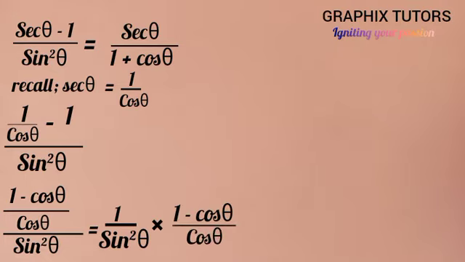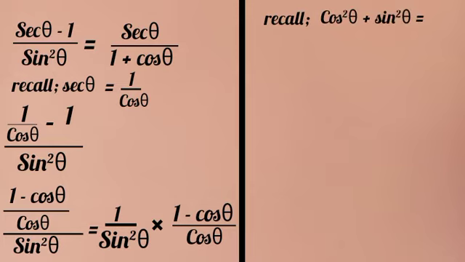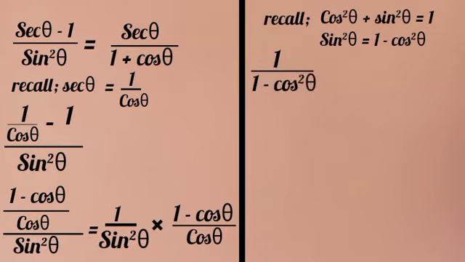Now recall, from your trig identity, we know that cos square theta plus sine square theta is equal to 1. So sine square theta will now be equal to 1 minus cos square theta, when the cos square theta goes to the right hand side. So wherever I see sine square theta, I'm going to put 1 minus cos square theta. If I implement it, I'll now have 1 all over, instead of sine square theta, 1 minus cos square theta, multiplied by (1 minus cos theta) over